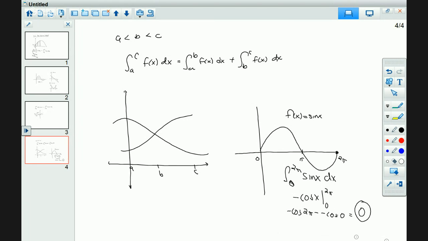That makes sense until you start rotating it, and that's actually next chapter. That's when you have to